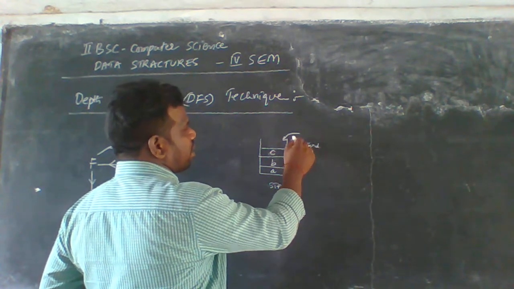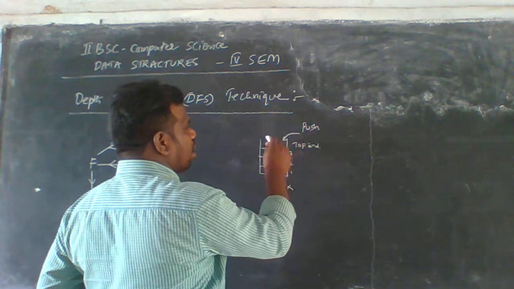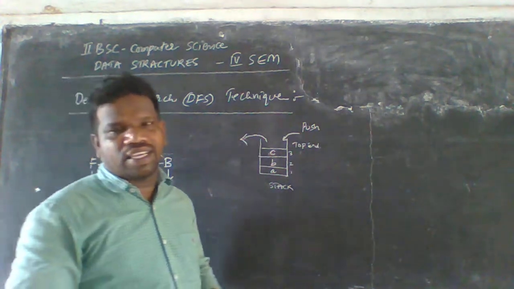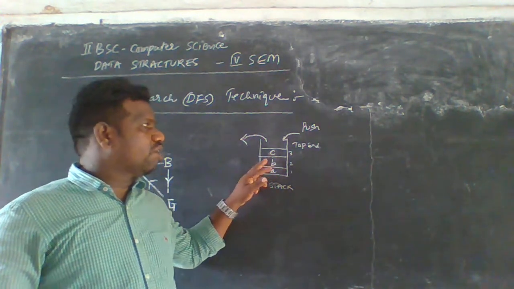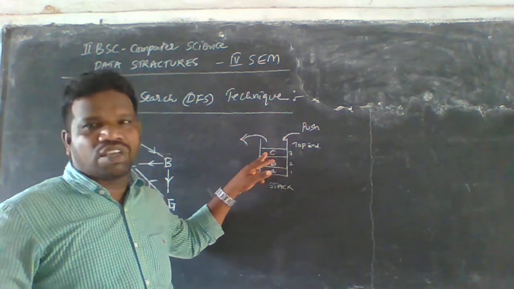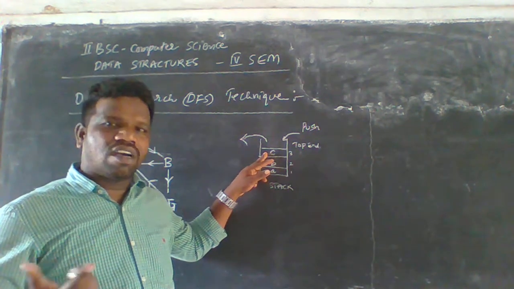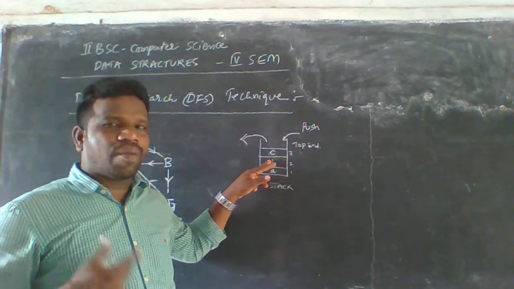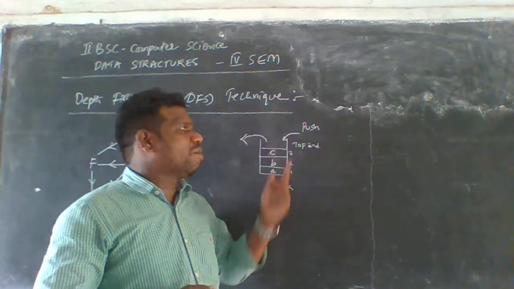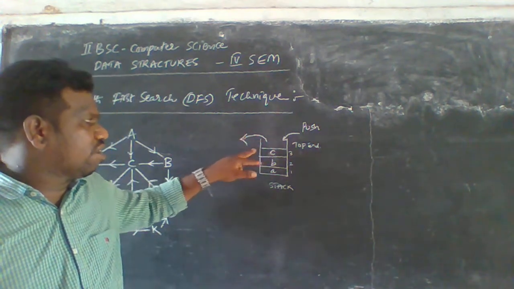So this end is called the top end here. Okay, this is called insertion. Insertion is nothing but push, and we can pop the elements from the stack here. If you want to delete the C element, we can directly delete that element. If you want to delete the B element, you have to delete the C element first, and then delete the B element, because we can perform the operation only at one end, that is the top end here. So that's why we delete the last element.